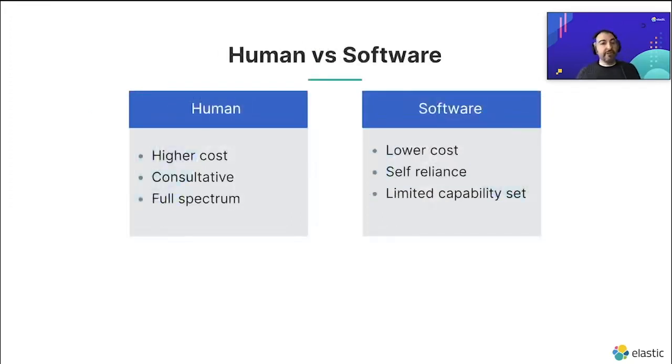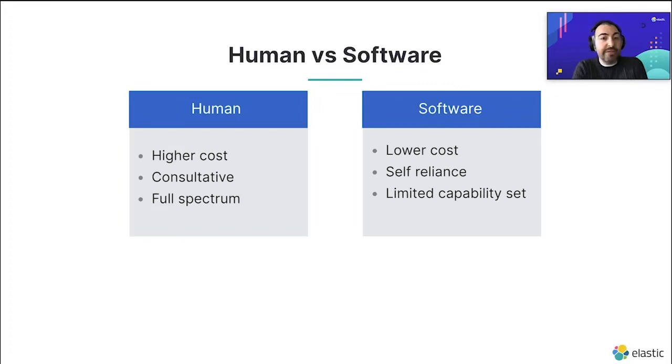But the question you may ask is, how much should I rely on the human and how much should I rely on software? There's a couple of reasons why you may want to choose one or the other, or what I recommend is actually have both in the right scenario. The human is going to have a higher upfront cost, straight up, because you have to get people in and have to spend time. Software is a lower cost and lower barrier. The human, what I appreciate about when you get a partner organization, is that they're consultative.